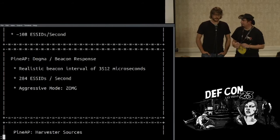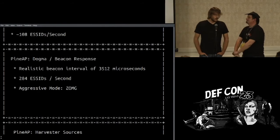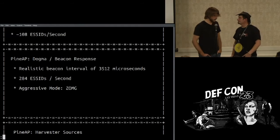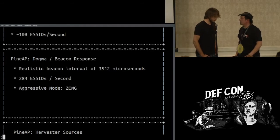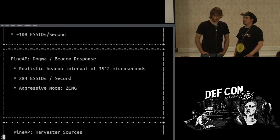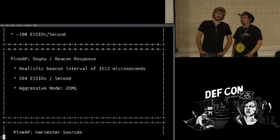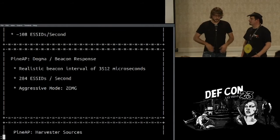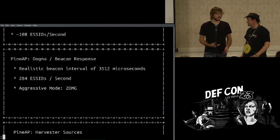We don't really do that. We wanted to go faster, so we do about twice as many. Nope, that's not true. Almost. Many. We go faster, over the default interval. And the reason why we go at this speed is just because we can go faster. We don't have to wait on certain other activities another AP would have to. But